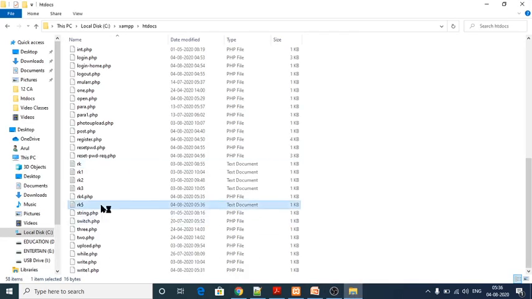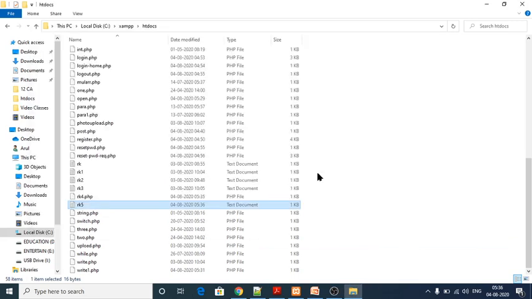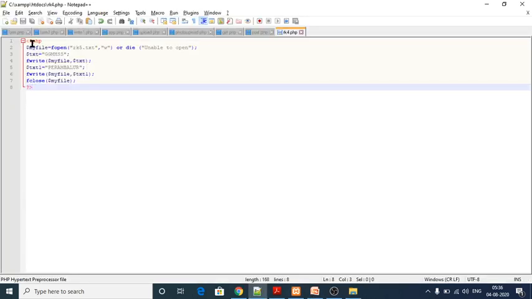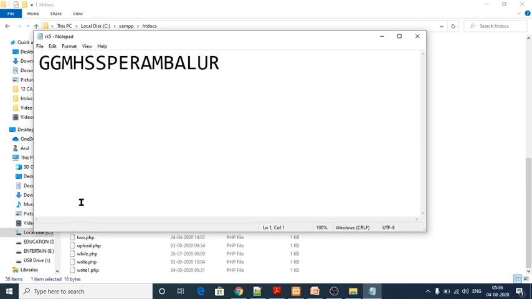See here, rk5 is there. See, with the help of this code I have created a text document within the htdocs folder, within my local host. After executing my program, a text file would be created with what I have given within that. Yes, ggmhs Perambalur I have given there.